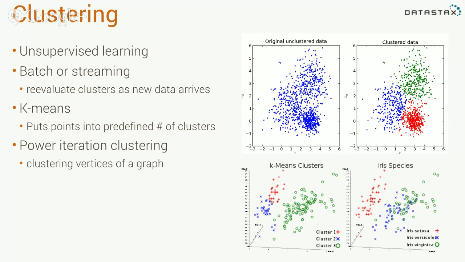And again, since it's using Spark, it's fully distributed, so you can do it where you have massive data sets, like hundreds of millions of rows or data points. You can do power iteration clustering, which is nice for clustering vertices in a graph. So there's a ton of algorithms in there for clustering, and I'm definitely not a pro, so you'll probably stump me with reasonably trivial questions. You can try if you want, or I can just move on.